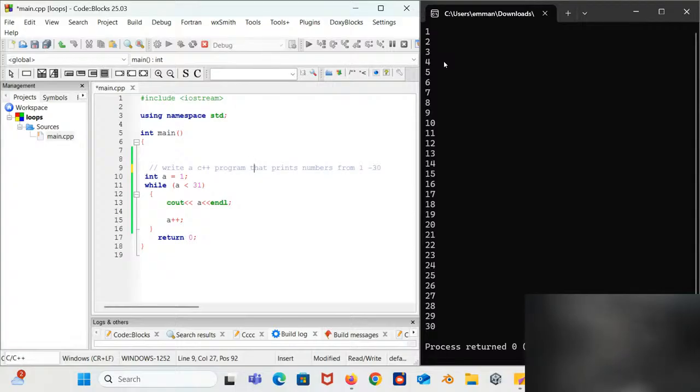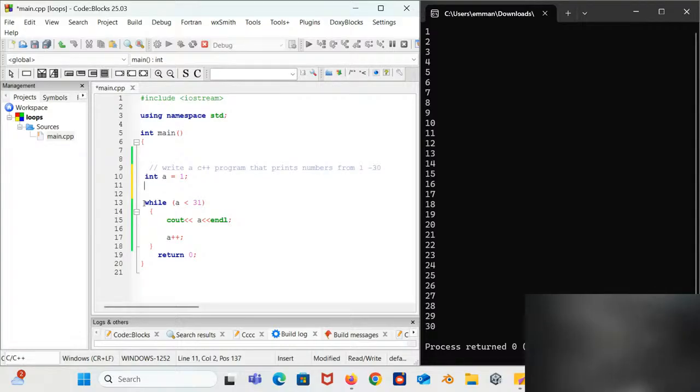All right, so let's try to understand the first loop that we have here. Now we have a number, right? You can see that we have initialized a variable here. The variable's name is a, and it has a value of 1. And then the next thing here is the while loop. As with every other thing in C++, there is a way to write it, a way to express it. We call that syntax in every other language.